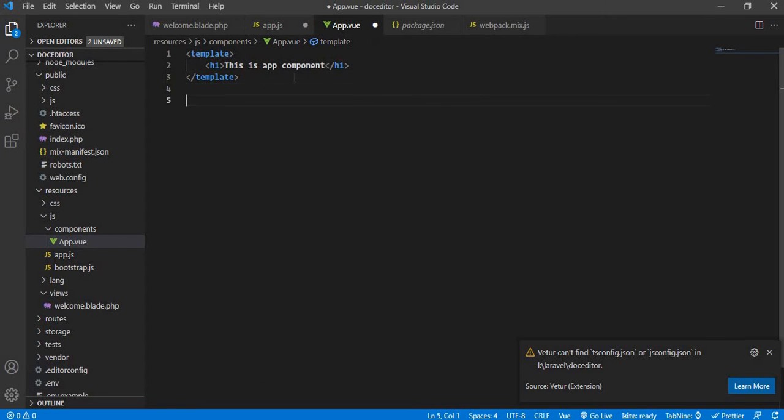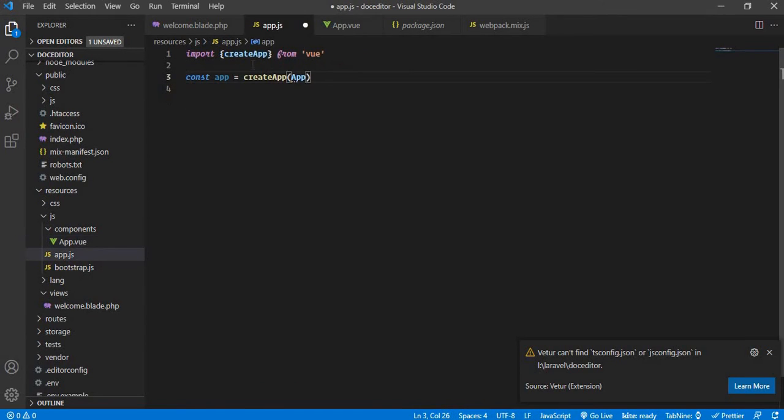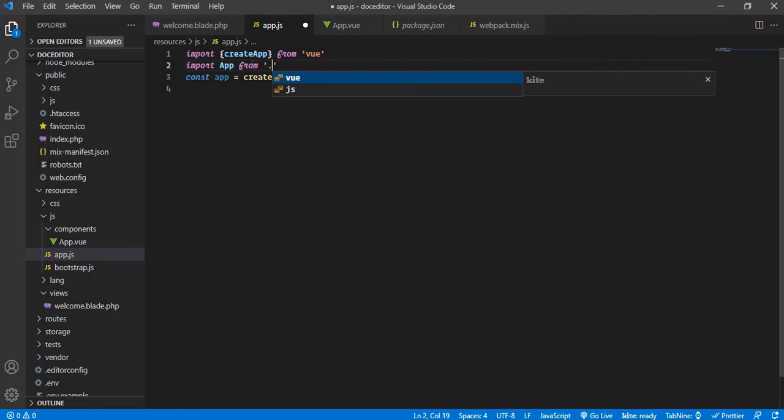Oops. And let's save this. Let's go back here and we can then import it. So I'm going to say import app from... we have to import it from components and app.view. Okay. Once we have this, the next thing we need to do is we have to say